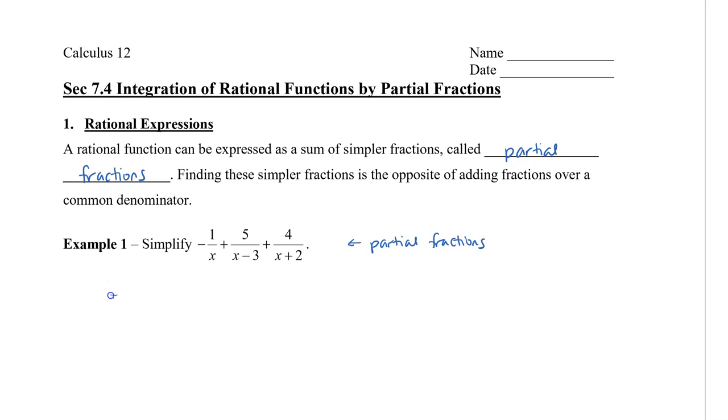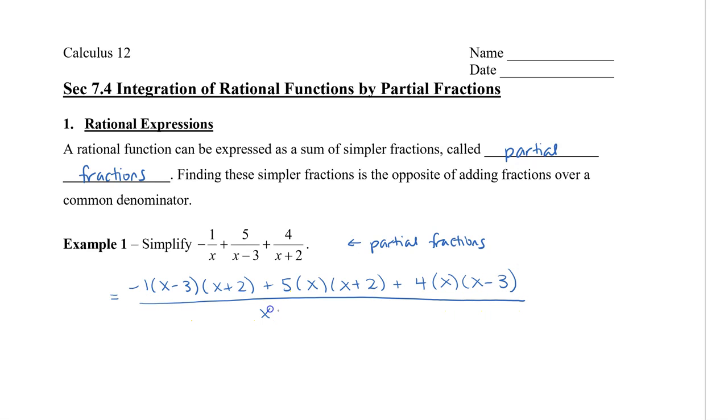So I'm going to get the common denominator, which is x, x minus 3, and x plus 2. So the first term needs to be multiplied by x minus 3 and x plus 2. The second term needs to be multiplied by x and x plus 2. And then the third term needs to be multiplied by x and x minus 3. And then all of this will be written over the common denominator of x times x minus 3 times x